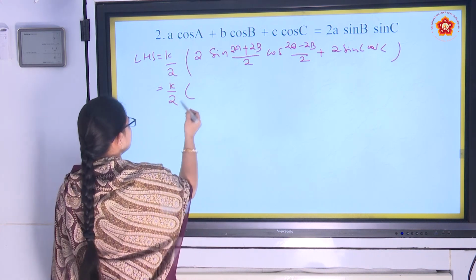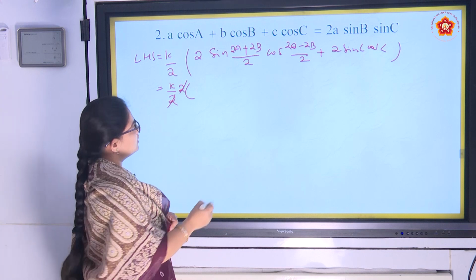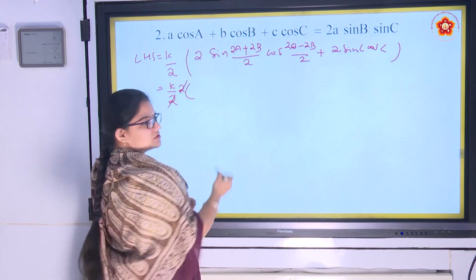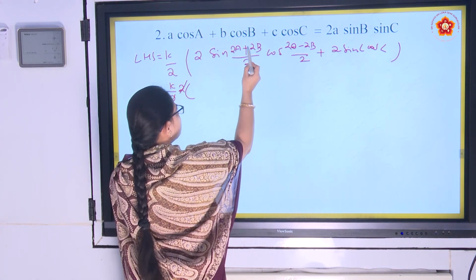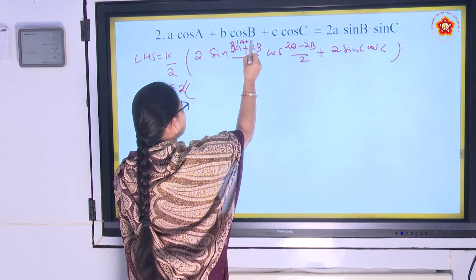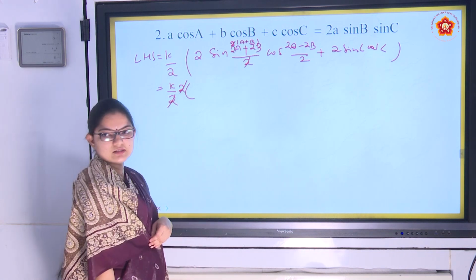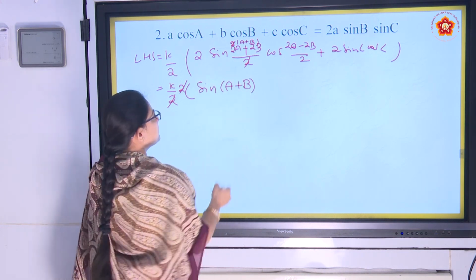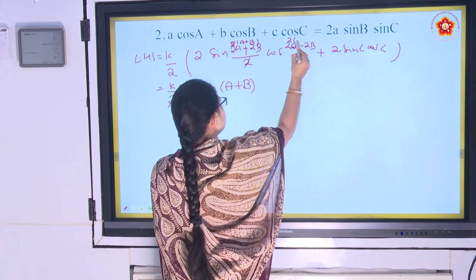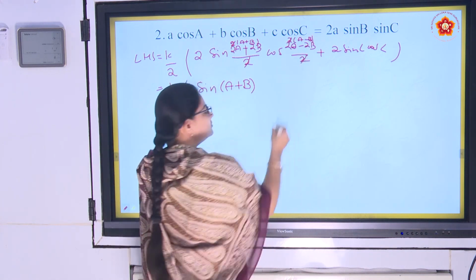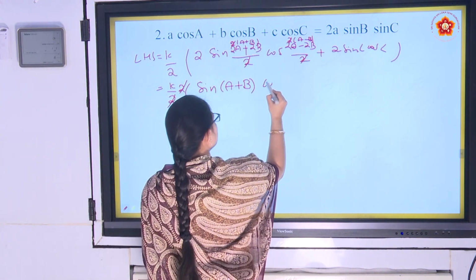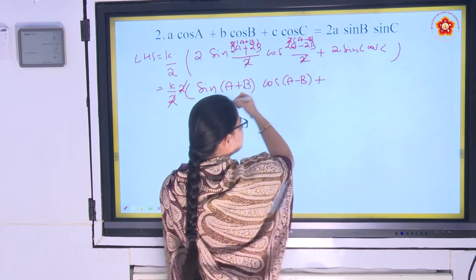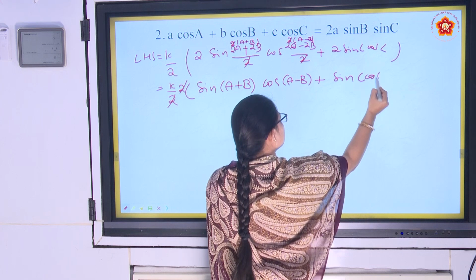Now we have here k by 2 into 2, we can take it out. So if I take it out, it is got cancelled. Now here sin 2A plus 2B by 2. So from there we can take 2 outside. So 2 into A plus B, right? 2A plus 2B, I can write it as 2 into A plus B. So 2 we can cancel. So what is remaining? So remaining is sin A plus B. And similarly here also I can take 2 outside, then A minus B is remaining, and this 2 gets cancelled. So remaining is cos A minus B. And the remaining 2 I have taken out. So remaining is sin C cos C.